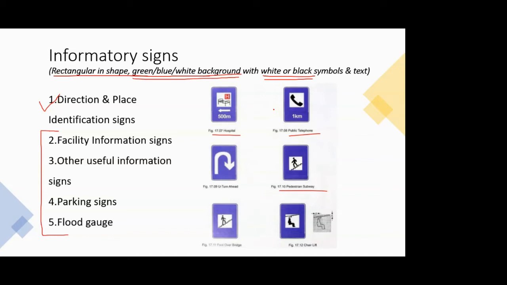So looking at these signs, it is understood that the road user, whether a pedestrian, a truck driver, a two-wheeler driver, or even a cyclist, will look at these signs, and then he or she will change the way they are traveling if not moving properly on the road. So they will change their course accordingly. Okay, so that's why it's under traffic control devices.